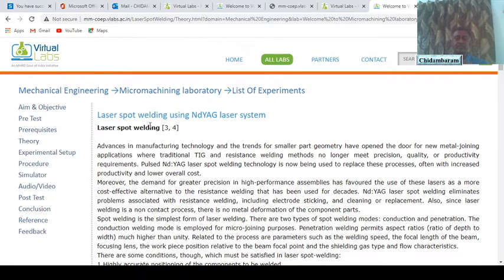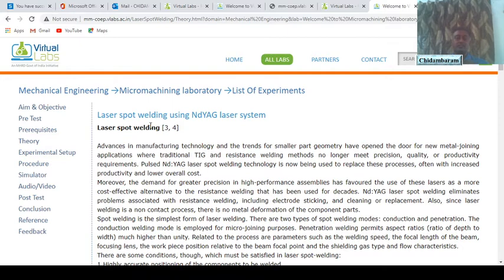Apart from this, a learner must know what a laser is, how it is produced, the different types of laser, what parameters are controlled during laser production, and when you use this laser for manufacturing applications, what parameters are controlled.